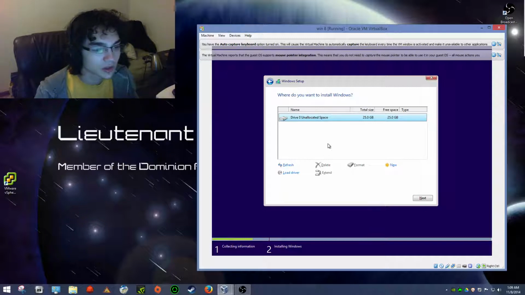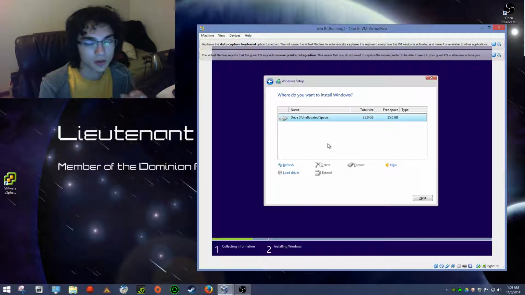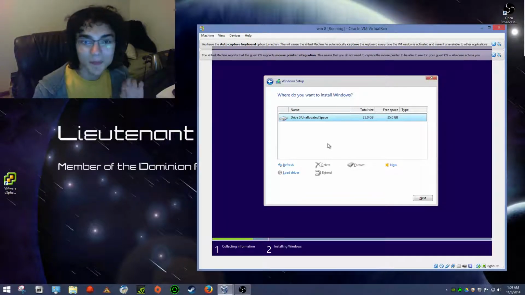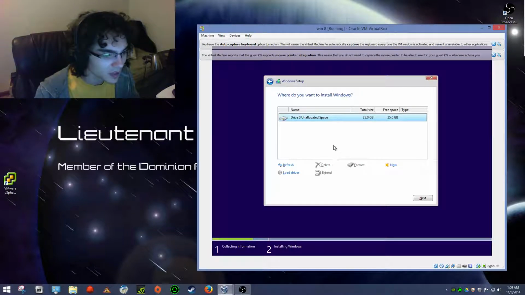Refresh is just going to basically reload this page or this window and look again for the drives. So literally I could open up the machine, pop another drive in, hit refresh, and it might find that other drive. There might be some issues. I'm not sure. It's not something I really encourage doing. You have load driver, which you really don't need to worry about if you are seeing a hard drive here,